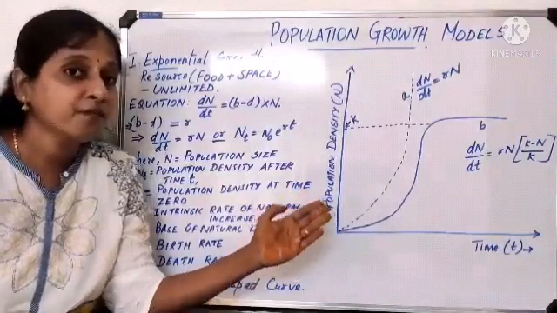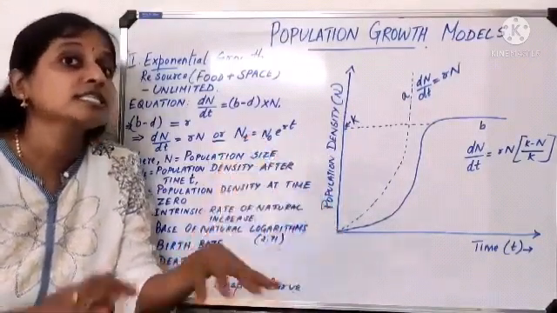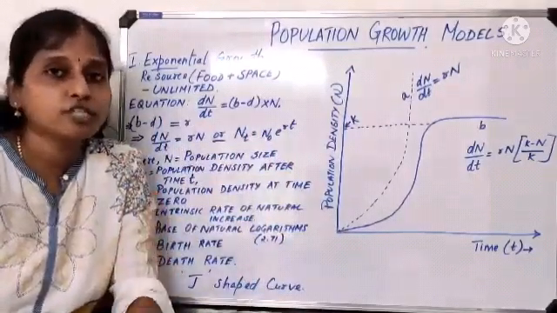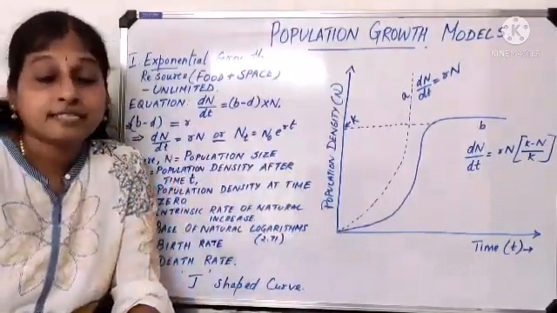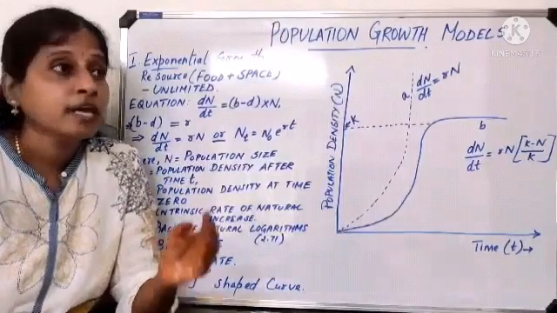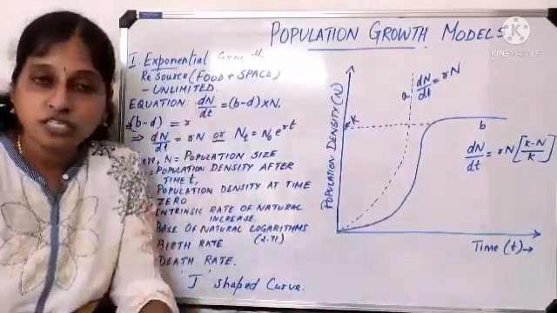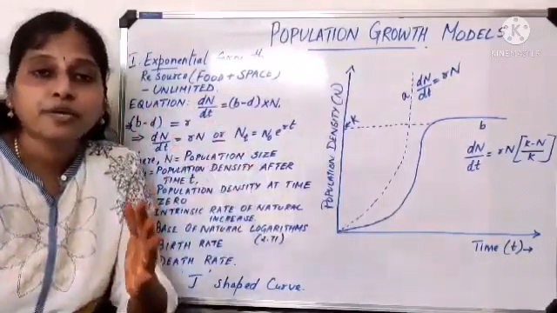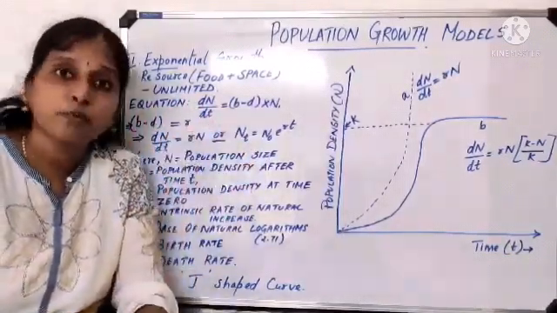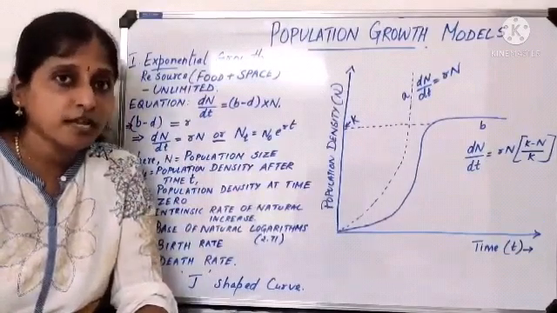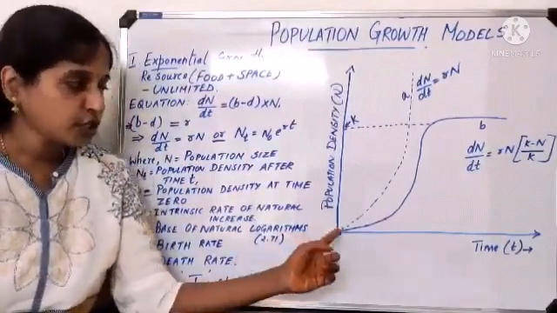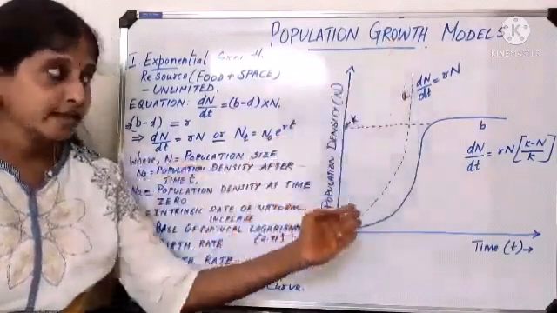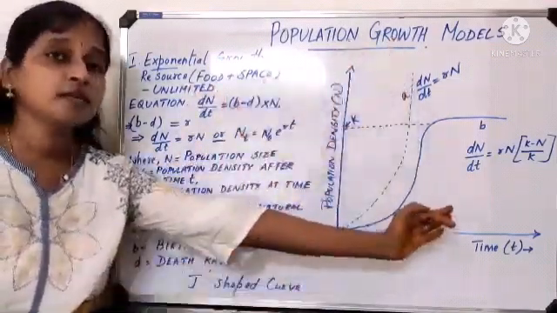When does this happen? When the resources are unlimited. Usually that doesn't happen. There comes a competition. There comes a carrying capacity, where this type of curve is mostly not seen. But in microbes, when the food is available at a very high rate, to some extent exponential growth curves are noted. So in the exponential growth curve, what you have to note? The population goes on increasing in a drastic manner with the time.